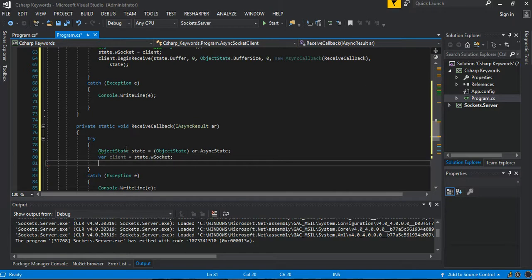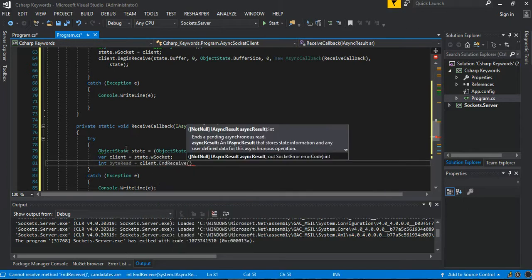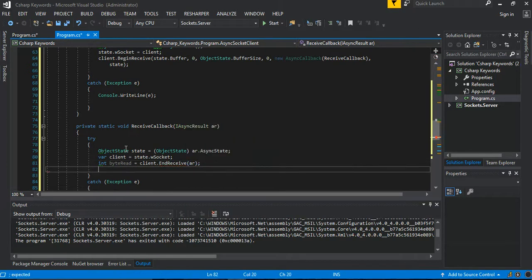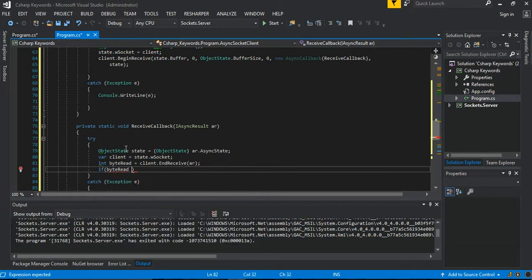As you can see, we've got another one, bytesRead. BytesRead is equal to client.EndReceive, and we pass in our AR. So we can say if bytesRead is greater than 0,